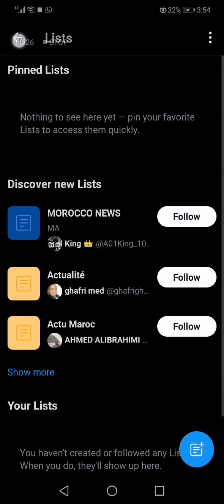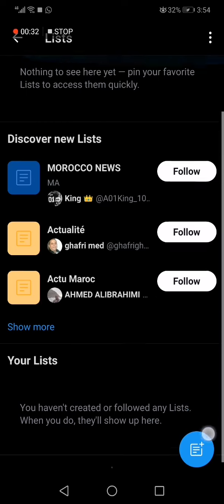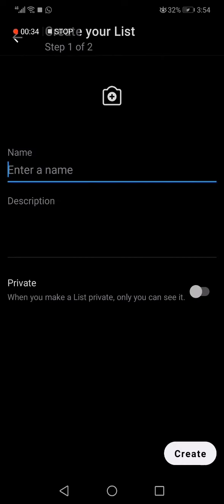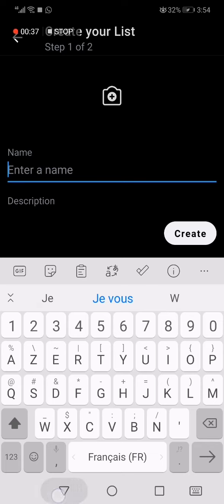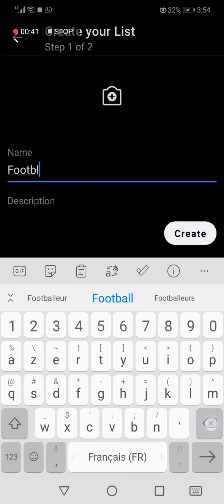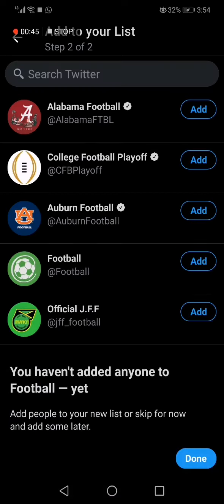Now as you can see here, you will find your lists, and if you want to create one, all what you have to do is go down and click on this little option. Now as you can see, choose the name of your list, for example football, and click create, and it's created